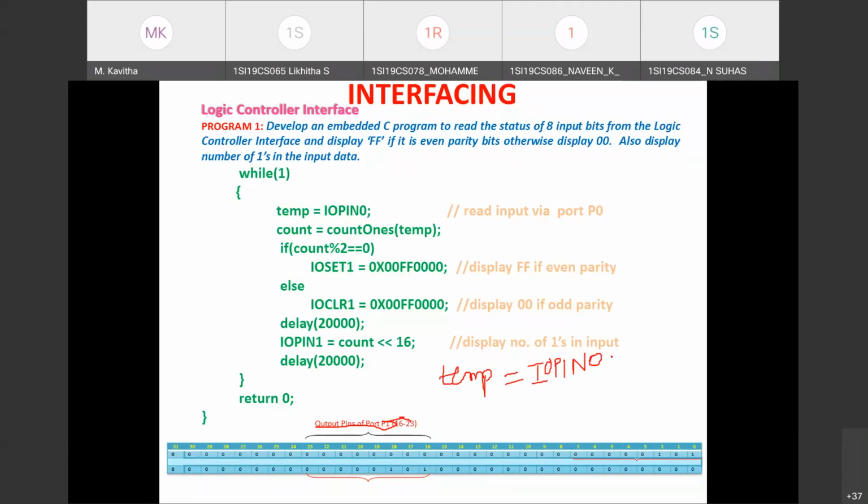Once the statement is executed, 32-bit data will be returned to the temp variable. But which pins are connected to the input of the logic controller? It is bit 15 to bit 22. Whatever input we have read through the logic controller is available in these bit positions. This is the 8-bit data which is available at these bit positions in the variable temp. Correct? Are you getting it?